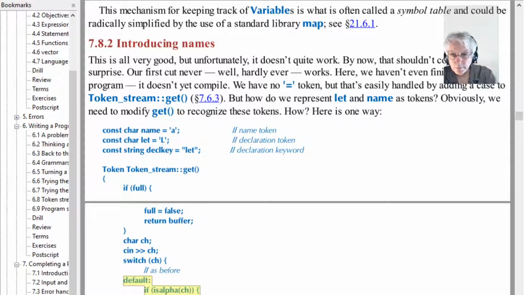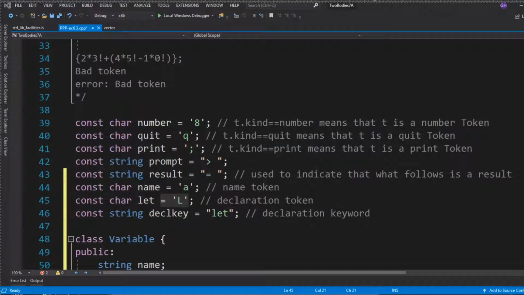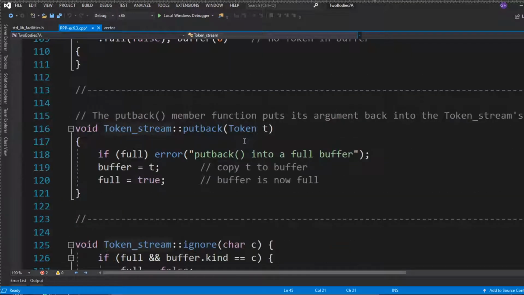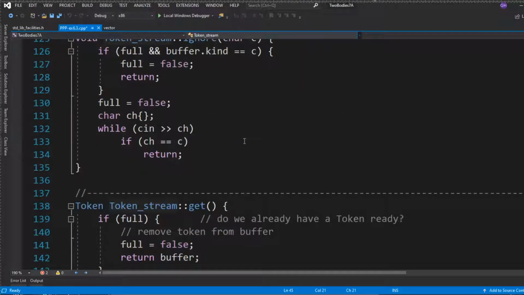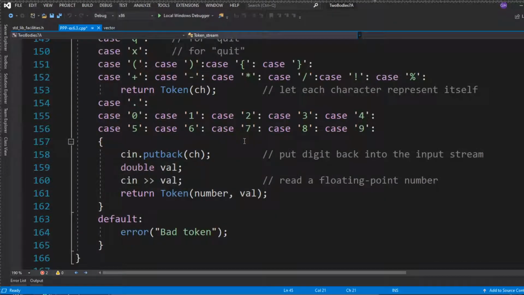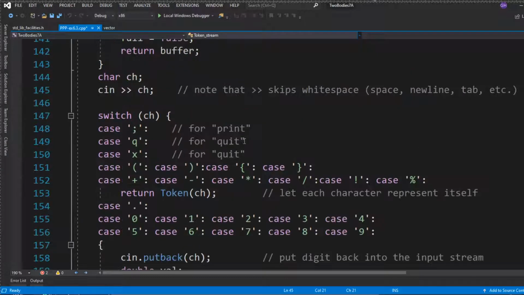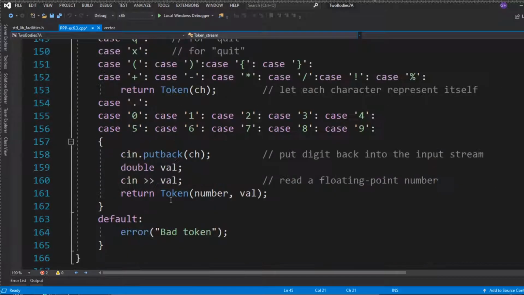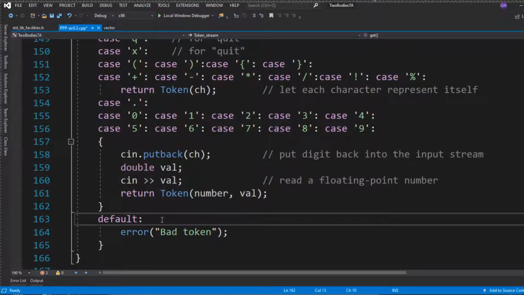Okay, let's go to the code and look for token stream. I guess we have to go over here for token stream, right? The token stream definition. Oh, it didn't go there. Oh, I think right after that is where get is defined. Well, ignore, here it is, right? So yeah, we get a character, and then we're going to switch on that character, and in the default section